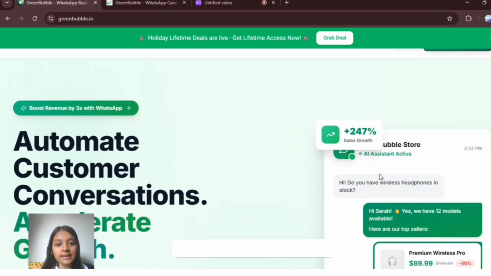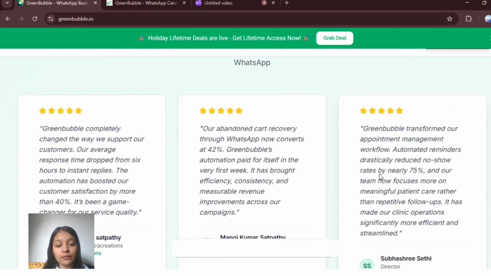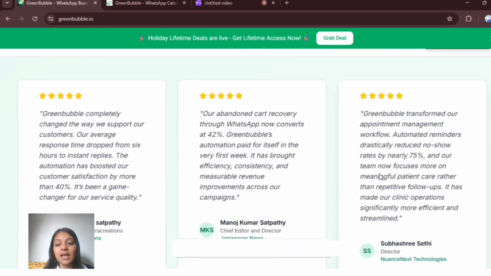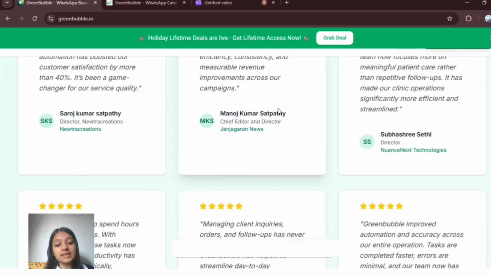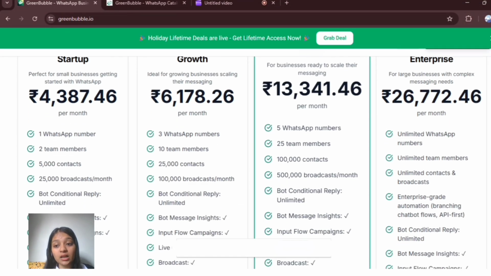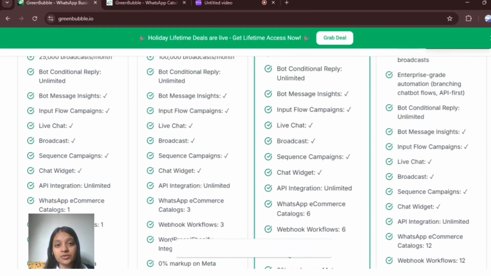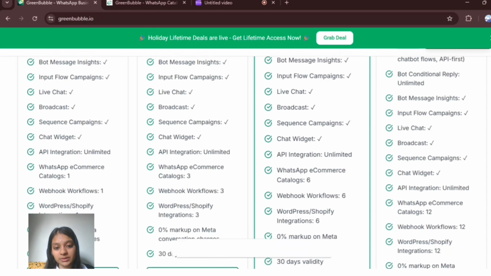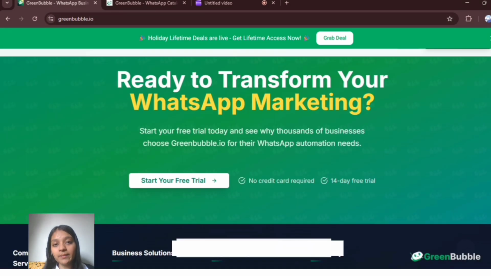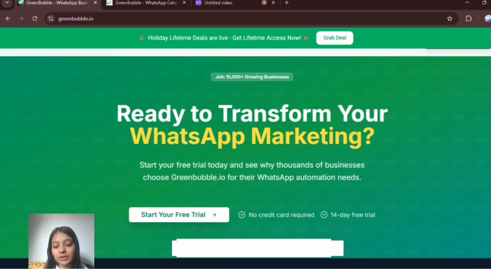Before wrapping up, let's know more about Greenbubble, which is essential. Here you can see various reviews of certain marketers and our customers who have trusted Greenbubble and have seen significant growth. Subscriptions are reasonable as you get a lot of features in just a few thousands. You can get started with the most convenient and most trusted platform like Greenbubble right away, and you will be able to manage your business more efficiently, and that is the main purpose of Greenbubble.